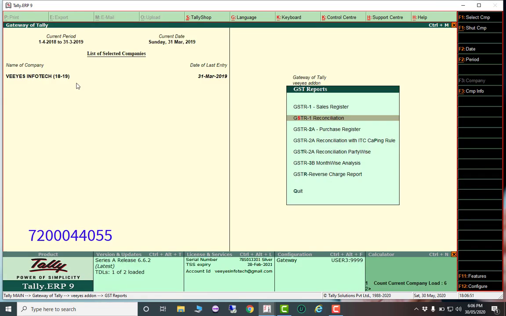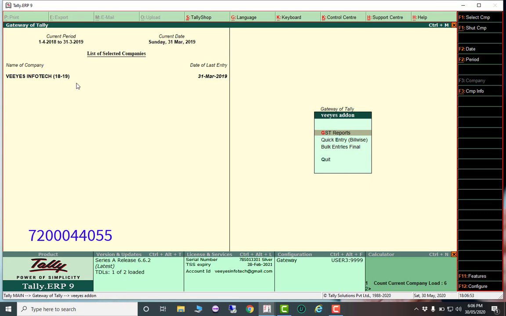And we have added features for chartered accountants. It's very easy for quick entry. For example, you can make payment, receipt and contra entries very quickly, similar to Excel format. That I am also explaining, as well as bulk entry.